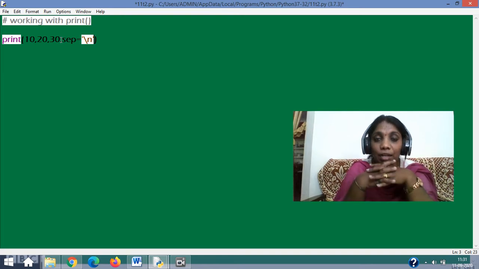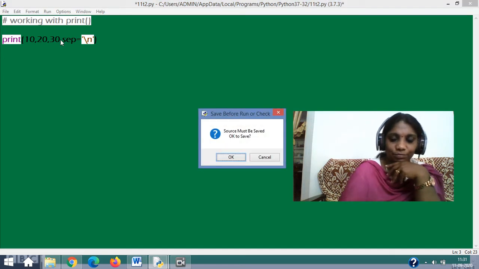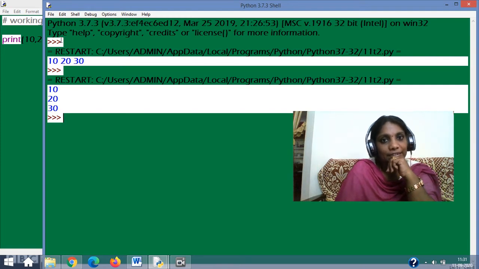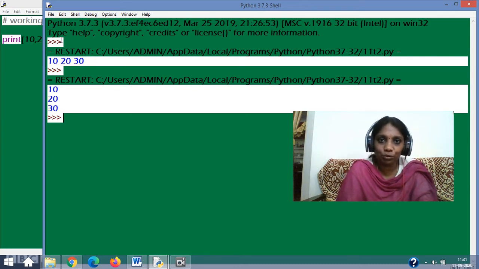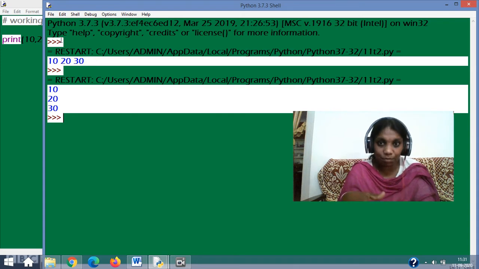\n is a special kind of character assignment in Python which will help you identify what you are going to see now. The difference: sep is the full expansion of SEP, where sep equal to \n, and \n means new line. So I hope you understood. \n will help you display the same set of numbers, which you displayed in one line, in different lines with the help of the special command.